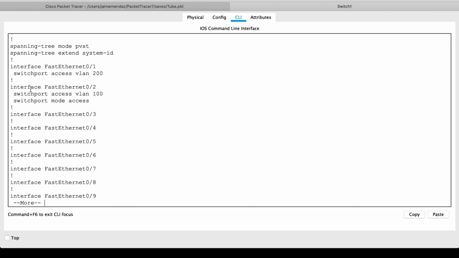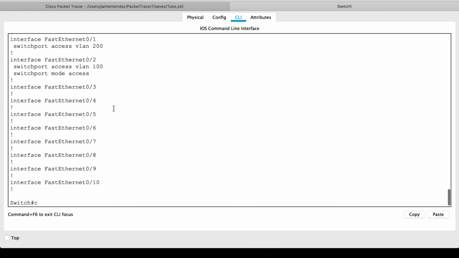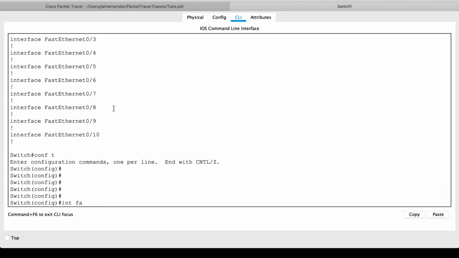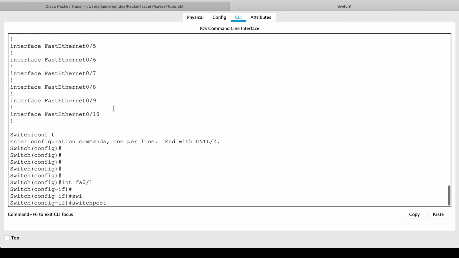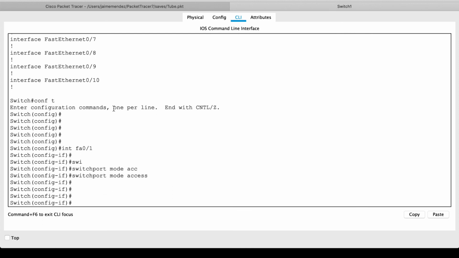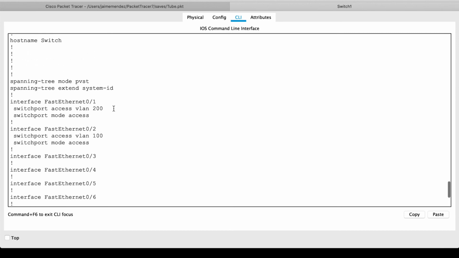You can also add descriptions if you start getting confused, which sometimes does throw myself off. I also forgot to do the switchport mode on Fast Ethernet 1, so let's do that real quick. So conf t, interface fast 01, switchport mode access, and remember we can do show run so that we don't have to exit through here, and it will still give me, so there it is,